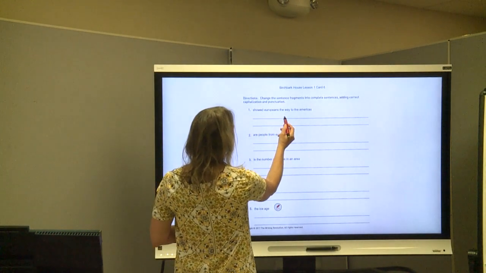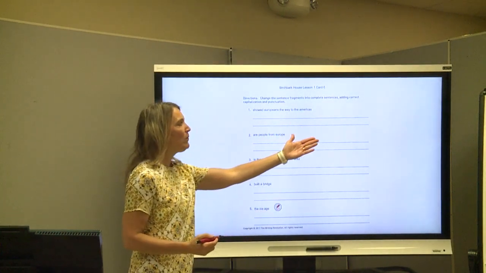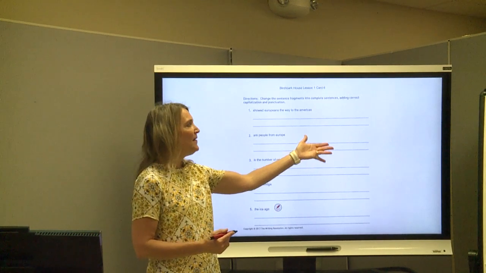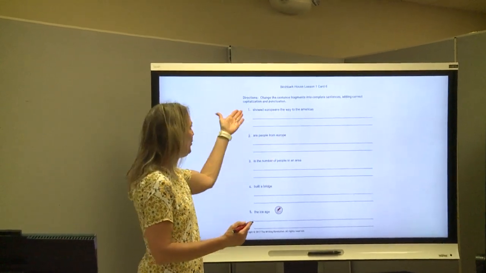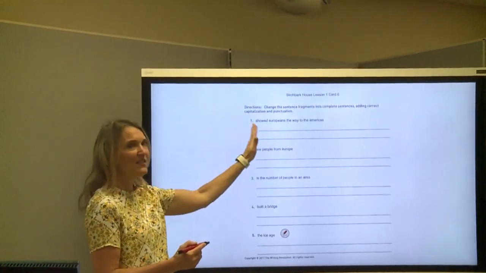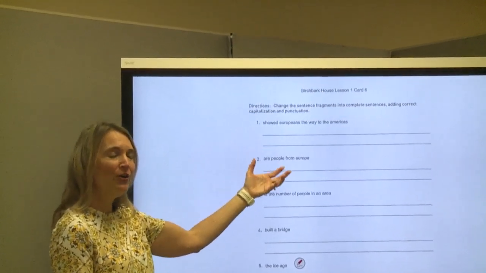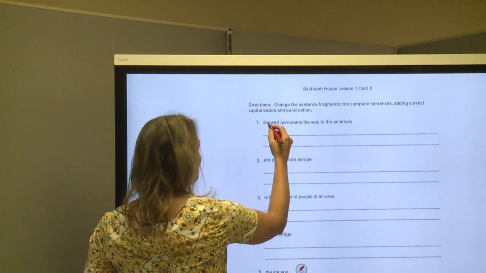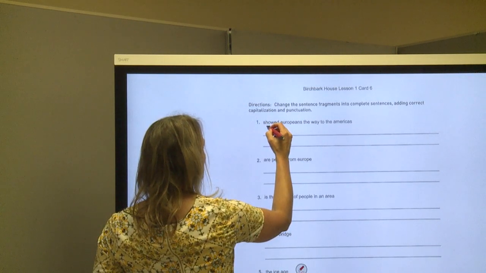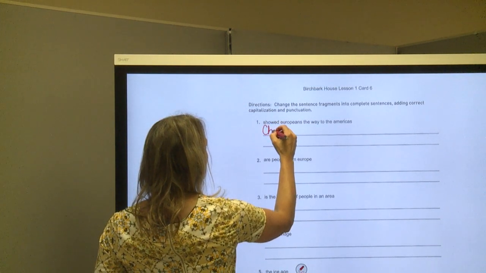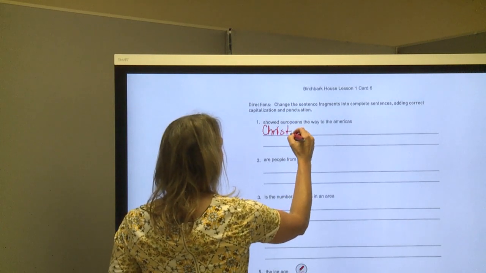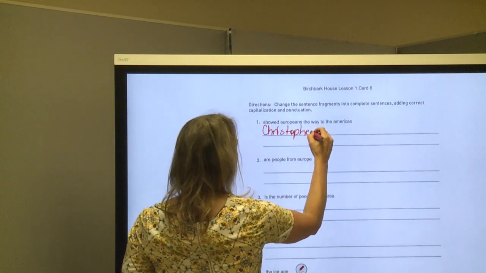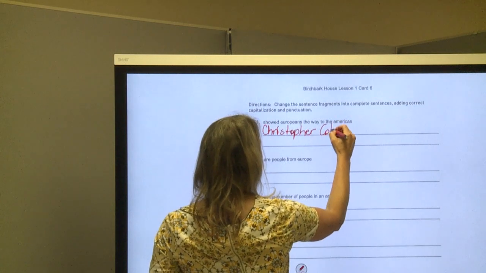Showed Europeans the way to the Americas. Well, on our word wall, we just identified that it was Christopher Columbus. Who showed Europeans the way? That's a fragment. But if I add the who, then we get a complete sentence. But remember, we have to have a capital letter to begin, as well as a proper noun. Christopher Columbus